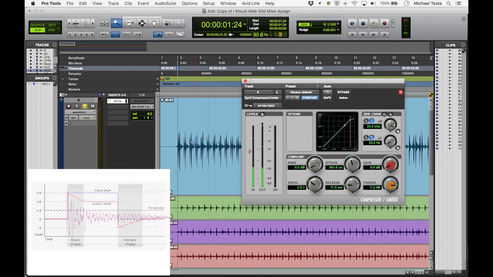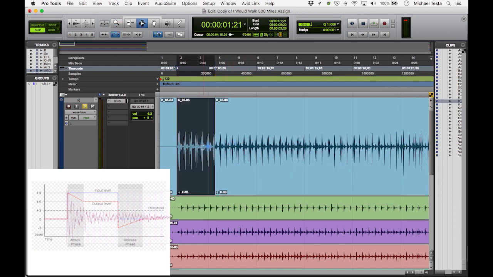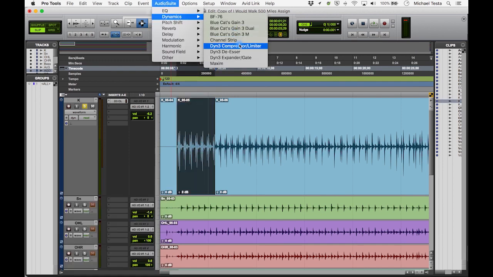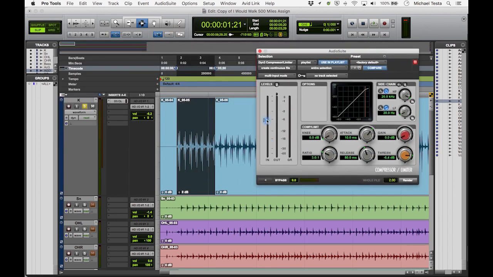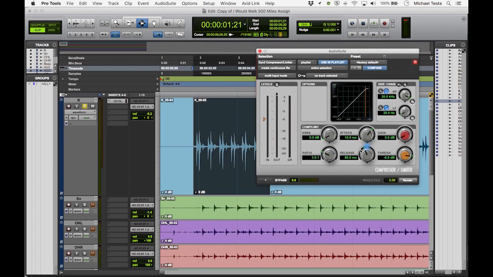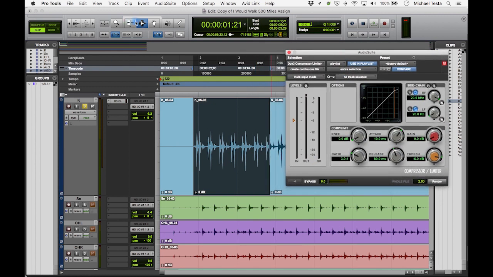Okay, so what this is doing now is it's pulling those top peaks down a little bit more. All right, just to show you visually what's happening, I'm going to pull up a different set of compression. So I'm going to go to our audio suite, and it's basically the same thing, only this is a destructive record. Okay, so if I had that threshold right above here, I'm going to zoom in a little bit more too. Okay, if I had that threshold right around there,